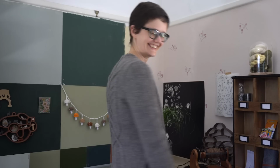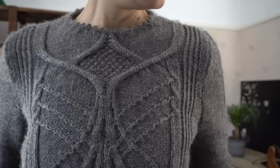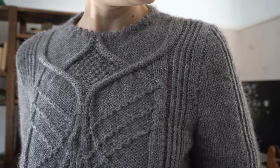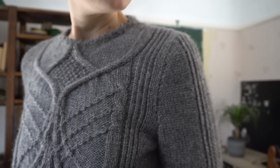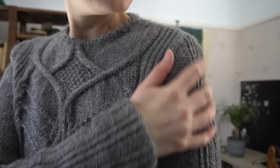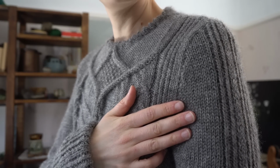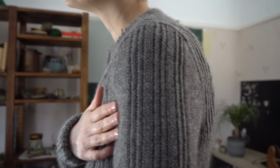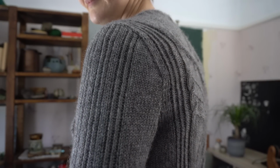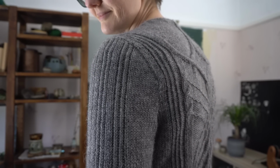Let's talk modifications, because I made two significant ones, one which was planned in advance and one which I decided as I was sewing this garment together. So first of all, these sleeves I drafted myself. The original design has a puff sleeve which I like but thought wasn't for me and not very practical for everyday life. So I drafted a plain sleeve cap, which I'm really happy with and so happy with how it